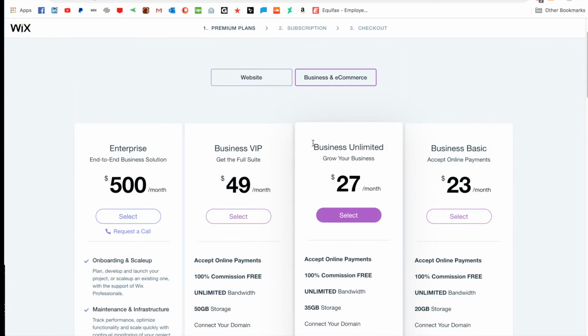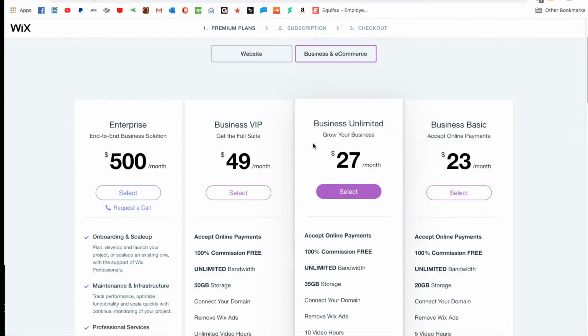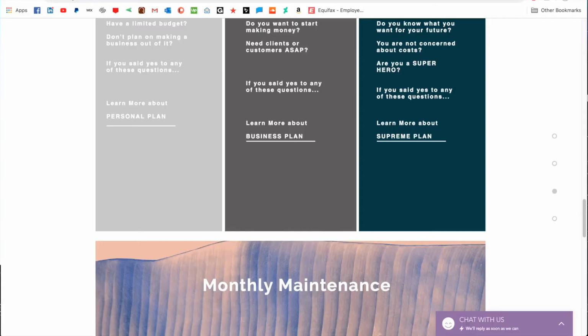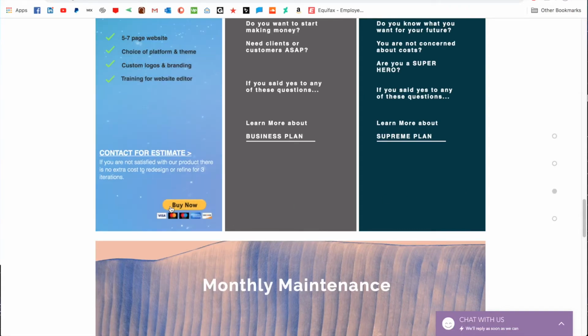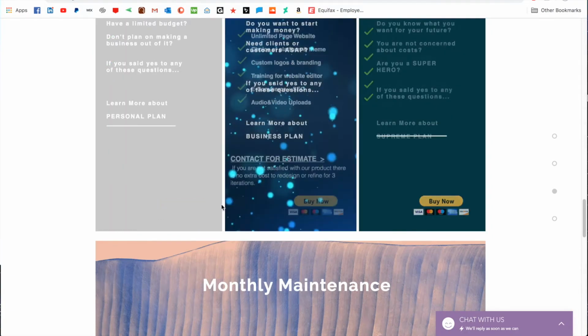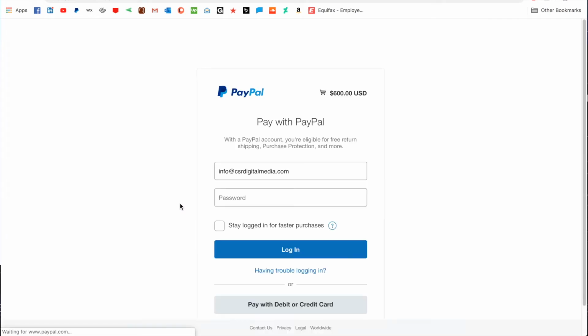So even though I say without e-commerce, you still can technically sell products on Wix using their PayPal button options, which is something to take into consideration if you want to sell, but don't want to pay for hosting. Now, as far as UI, Wix will take some time to figure out how to update,